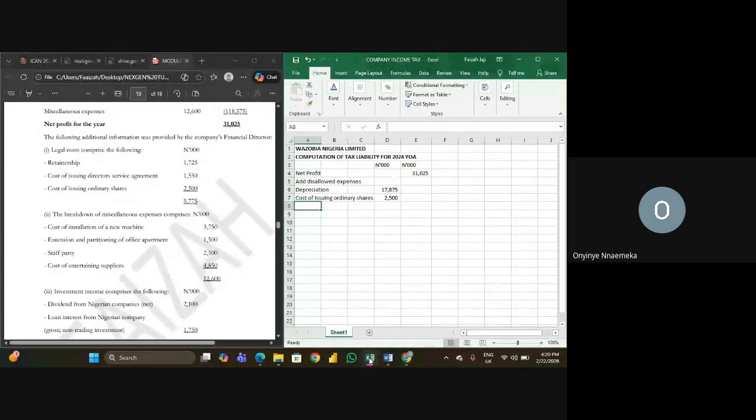Cost of installing new machine. Now, this machine is new and it is an asset, which means it is a capital expenditure, right? And we know all capital expenditures are disallowable. But if you go by IAS 16, the cost of installing this new machine is supposed to be capitalized because it